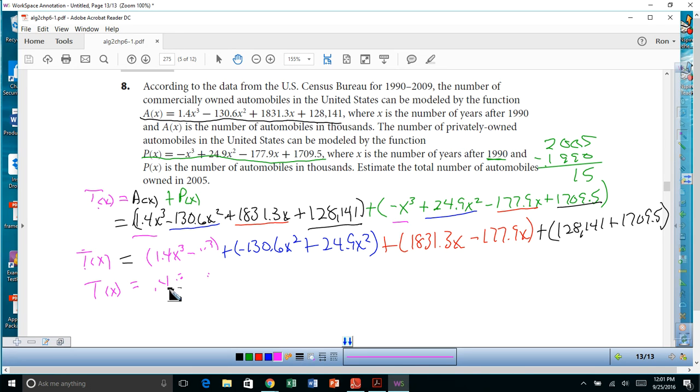What is going on with this computer here? I'm getting some lag here. All right, so 0.4x cubed, and that was minus x cubed. All right, so that's 0.4x cubed, and that's going to be minus